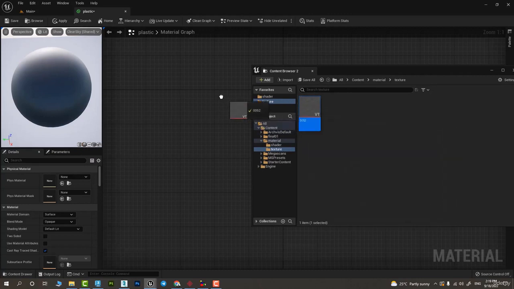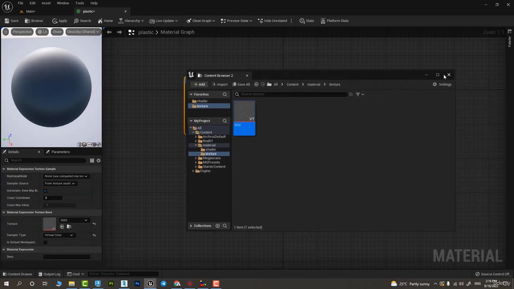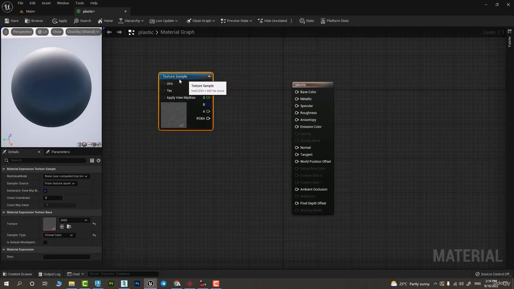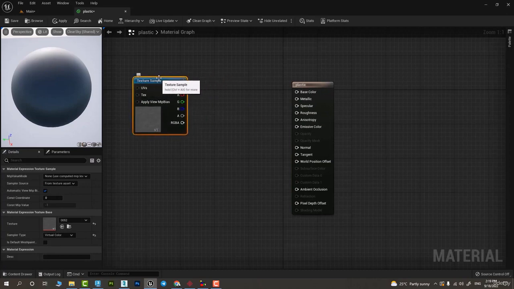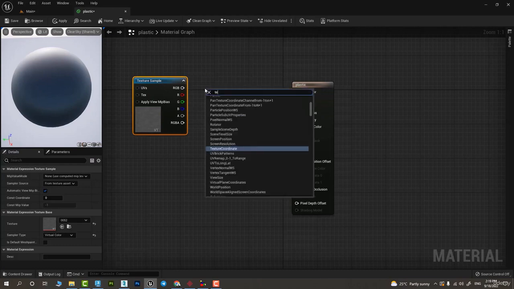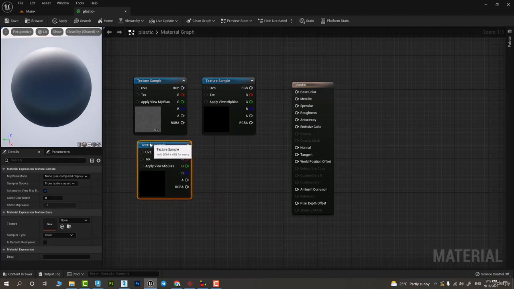Let me just grab it. Okay, put it here. And we don't need this window anymore, so I'm going to close this window. All we need is here, texture sample. Another way of adding this texture sample tab into your slate is by doing a right click and searching for texture sample, and then just add that to your slate. Alternatively, I can just hold down T on my keyboard and do a left click on the slate and add